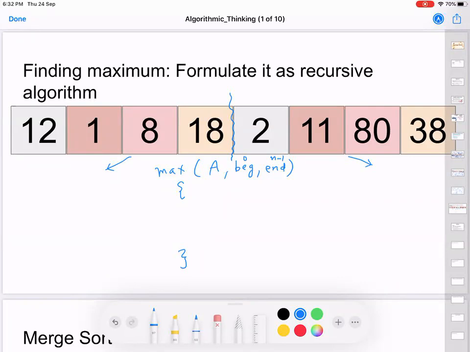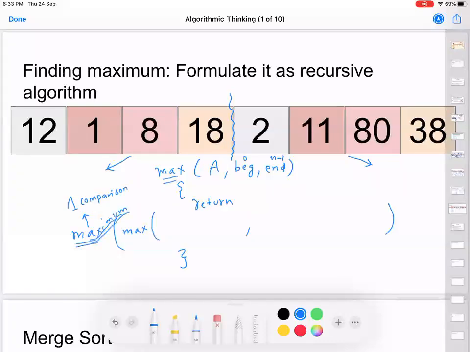When these 2 people give me what is their maximum, I again want to find the maximum, but I will have to compute the maximum of only 2 elements. So this is a straightforward recursive procedure. This one is going to return you max of what? Max of again 2 maxes. I am going to write it as maximum here because I'm going to compare it only on 2 elements. My function is max here. So this maximum function compares 2 elements and gives me what is the maximum. So this maximum is going to do only one comparison over here, right?